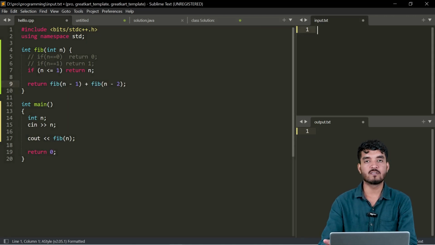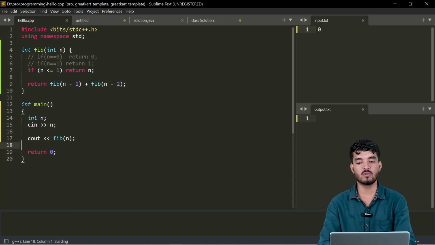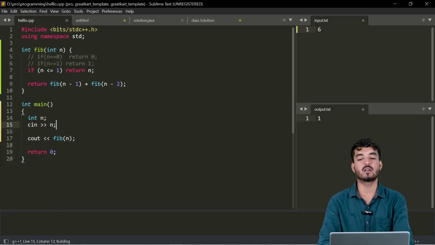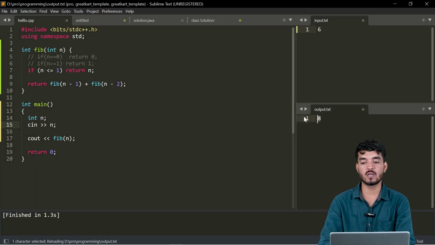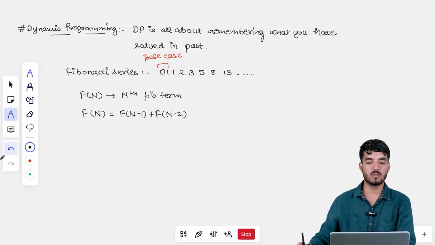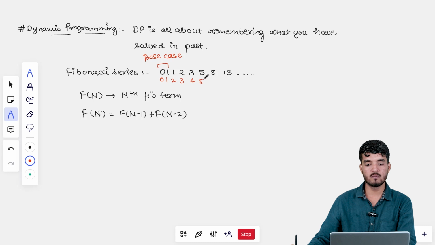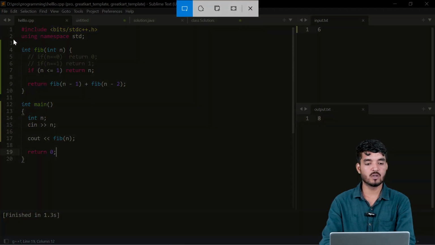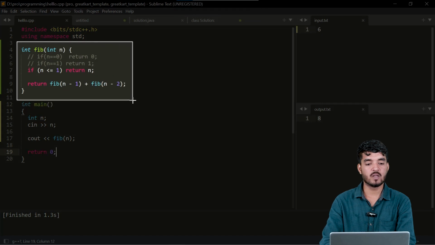So let me just quickly test this for a few simple inputs. Let's say for 0, the expected output is 0. Let's say for 2, the expected output is 1, because 1 plus 0 gives 1. Then let's say for 5 or maybe for 6, I guess the 6th Fibonacci term is 8. You can also check from here: n is equal to 0, n is equal to 1, 2, 3, 4, 5, and 6. Cool. So let me just quickly run this recursive function for some particular value of n and analyze the